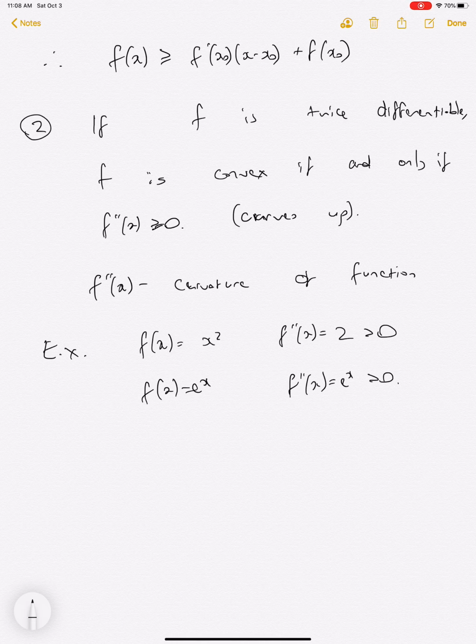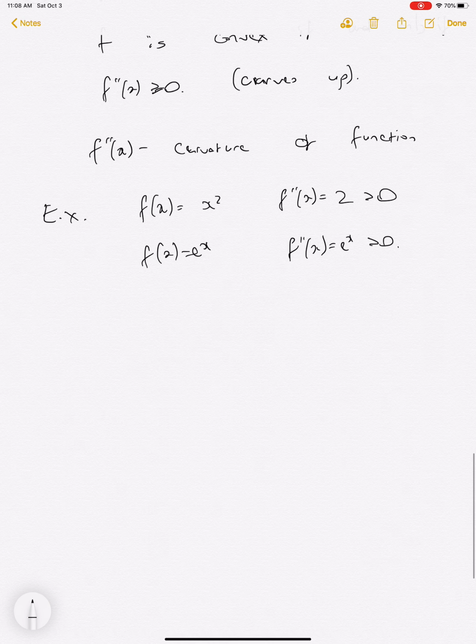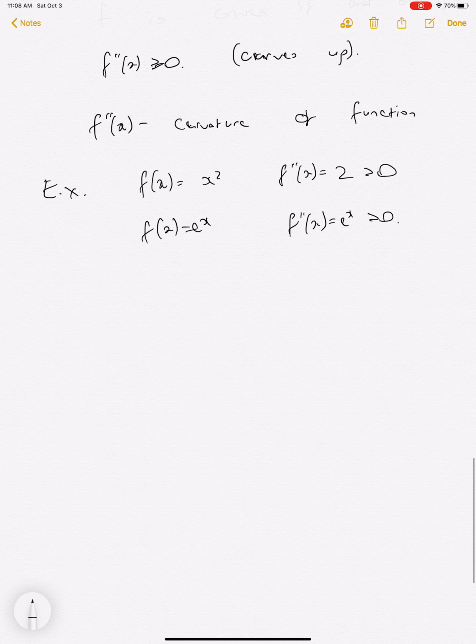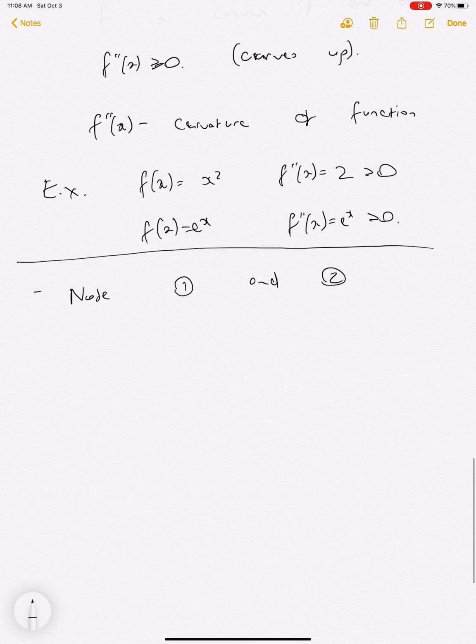So again, we have strict convexity for these two examples. Okay, one thing to note here is that 1 and 2 do not apply to the absolute value of x, since it is not differentiable